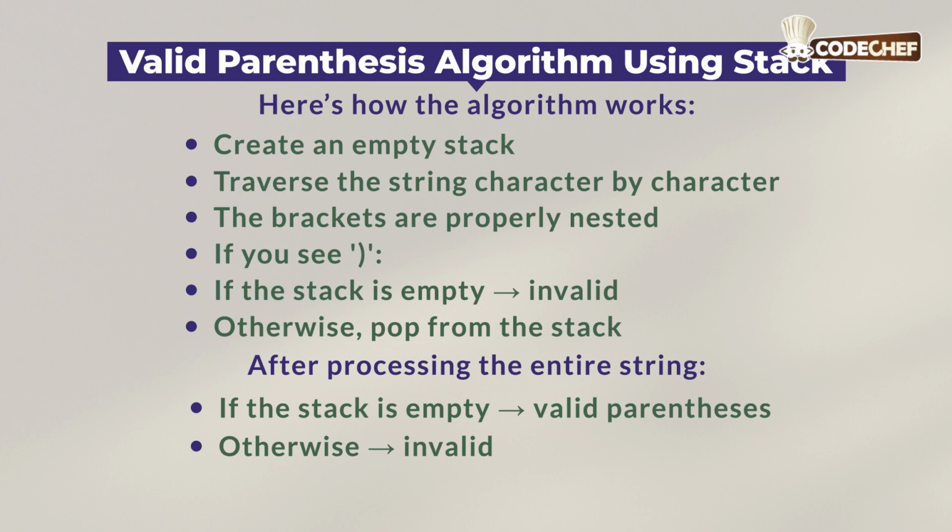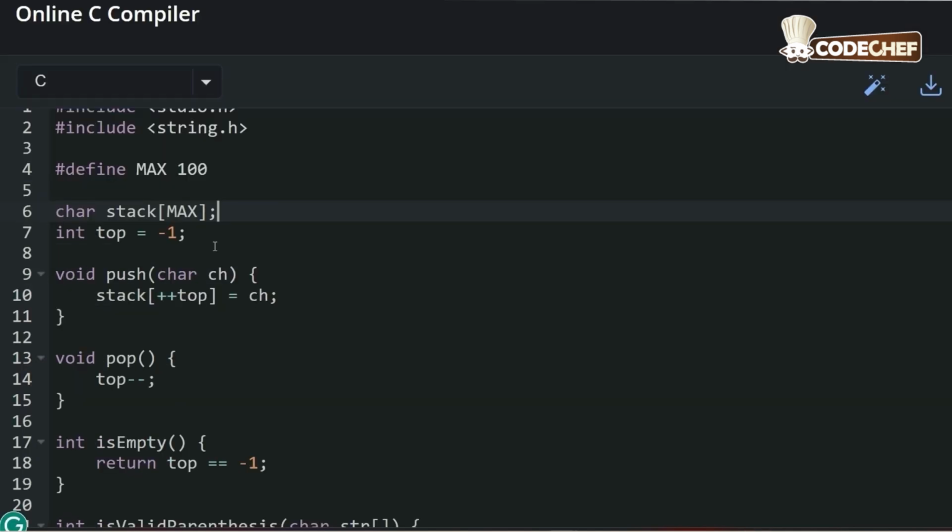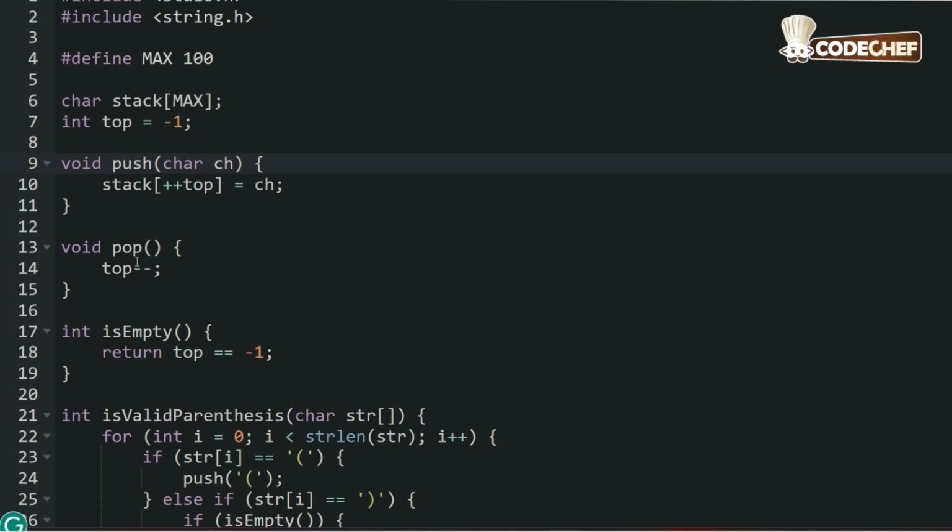Now let's look at an example. Alright, here we start with the standard input-output library. Here we have a character stack and a top variable. The push function inserts an opening parenthesis into the stack, and the pop function removes the top element. The isEmpty function checks whether the stack is empty.